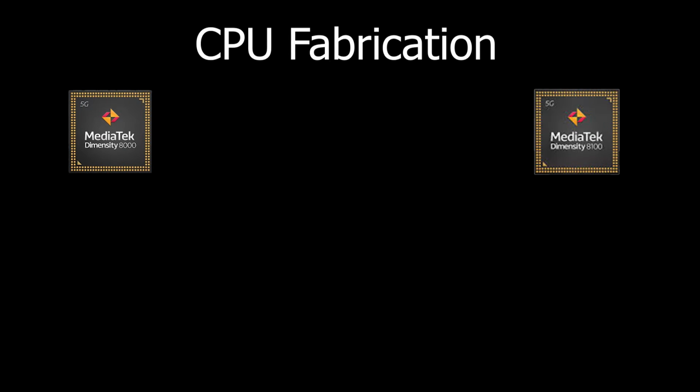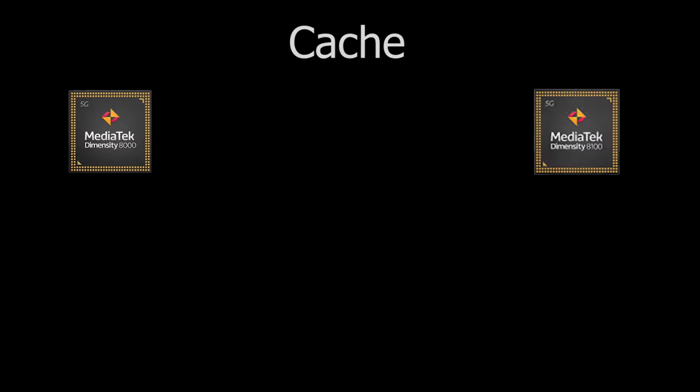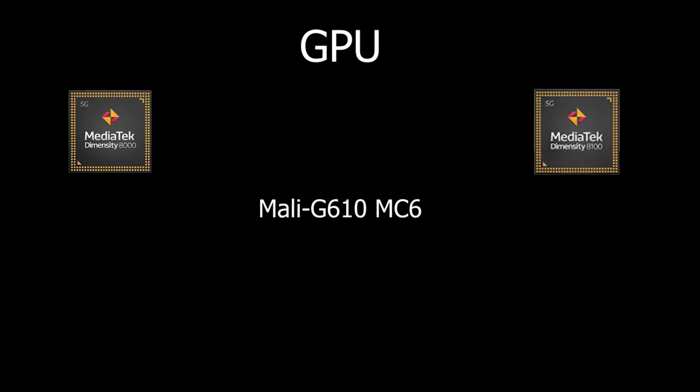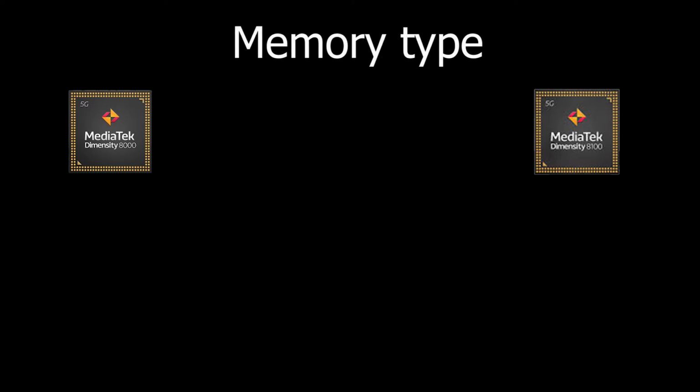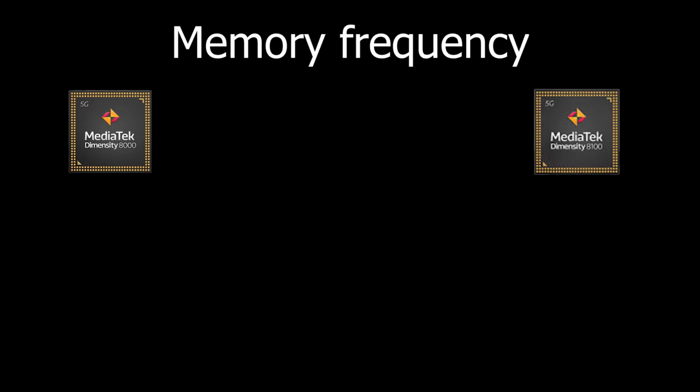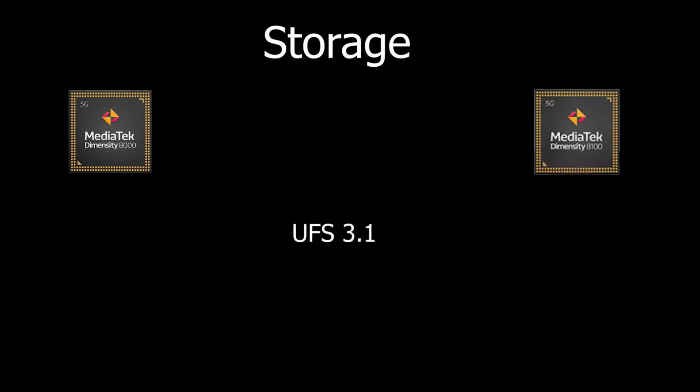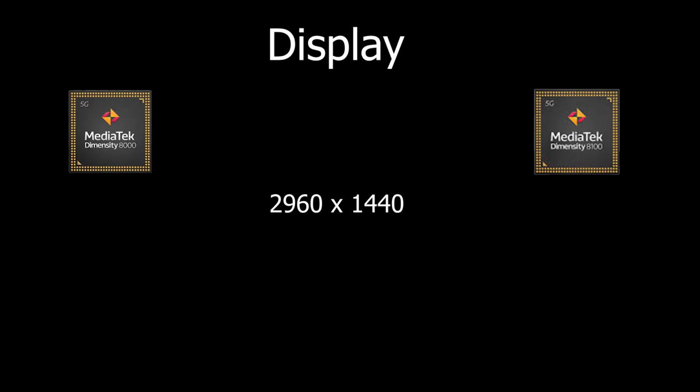Talking about fabrication, both processors come with a 5 nanometer process, and for cache you will get 7 MB, which is a really great thing. Even the GPU is the same, the Mali G610 MC6. Talking about the memory, you will get LPDDR5 at 3200 megahertz on both sides, so the speed remains the same. The storage is UFS 3.1 on both sides,